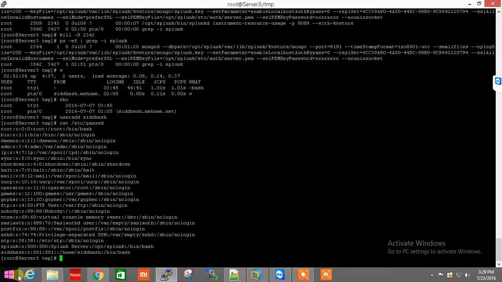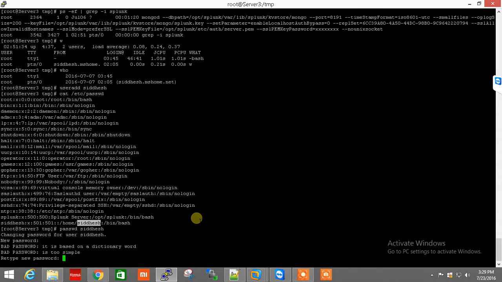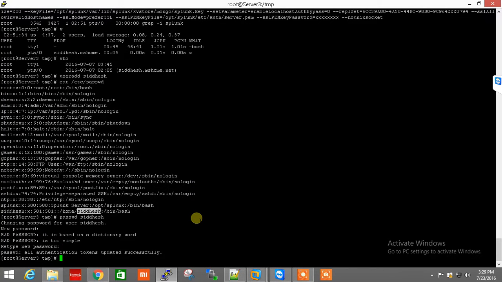So see, this Siddesh user is created in my system. Now I have to change the password for Siddesh. So passwd space username. So I am changing the password. The password is changed successfully, the token is updated successfully.